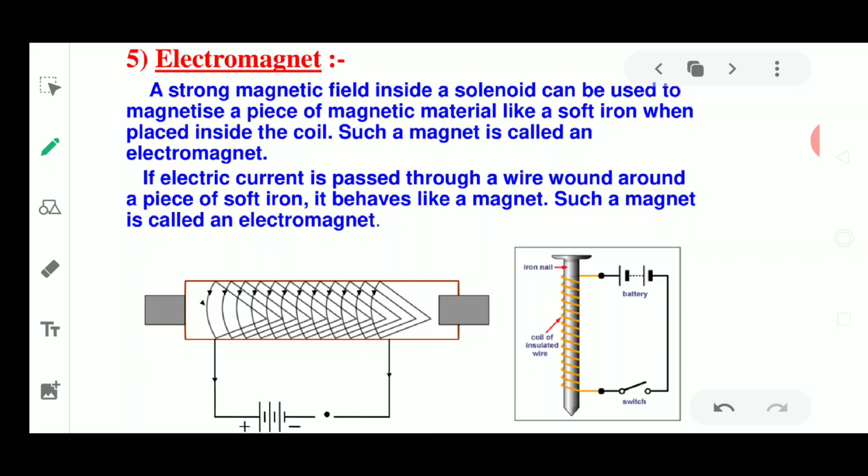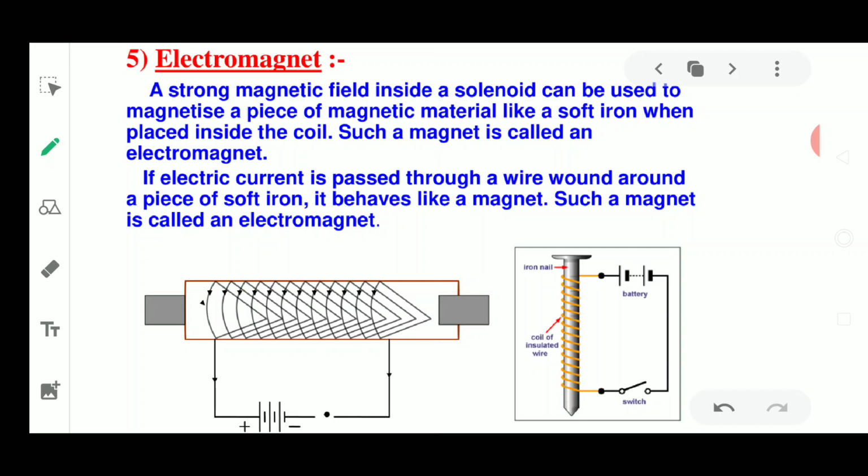Now it has very practical applications in your speaker, the bullet trains, metro trains which are running on this electromagnetic principle, and MRI machines, which utilize the magnetic effect of electric current to take the photographs of the internal organs, when the person is placed inside the strong magnetic field. Okay, now what is this electromagnet?